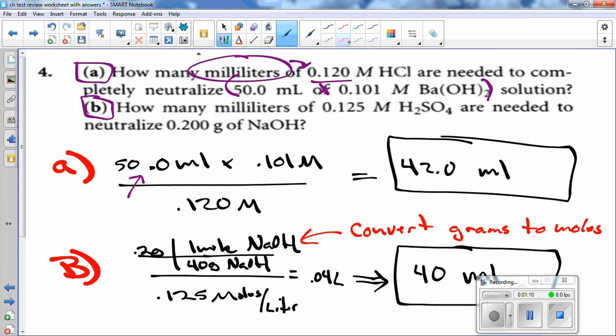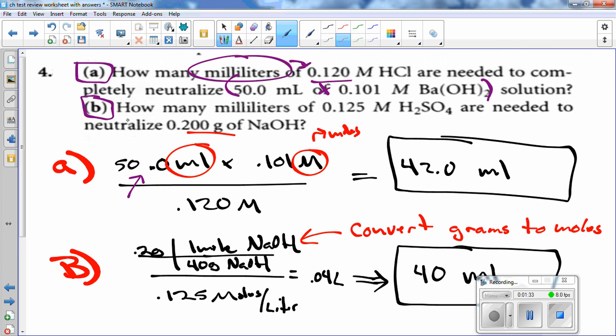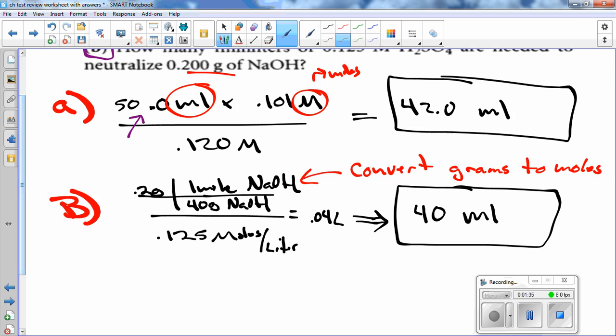If you just look at A real fast, if you take a volume, which is a milliliter, and a molarity, and you multiply them, you end up getting moles. All right, and then you divide moles by moles per liter, and moles would cancel out, and you're left with liter, or in this case, milliliters. In part B, it's tricky because it gives you grams, but we can still, we're pretty smart now, we can